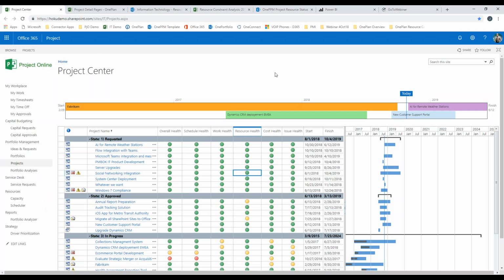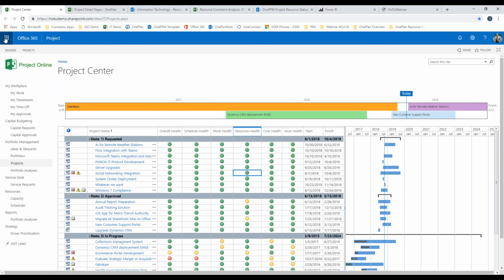So here I'm looking at Microsoft Project Online, and for those of you that are not familiar with Project Online, it is a project and portfolio management solution built in the Office 365 cloud. What's nice about this for folks that are using Office 365, which is a great number of people these days who are either in it or in the process of moving to it, Project just becomes a part of your